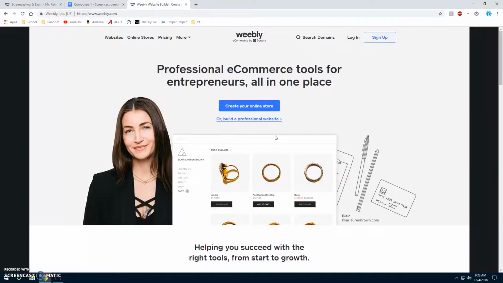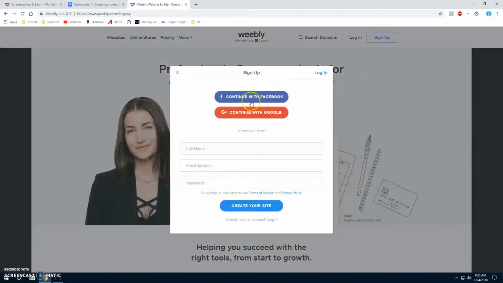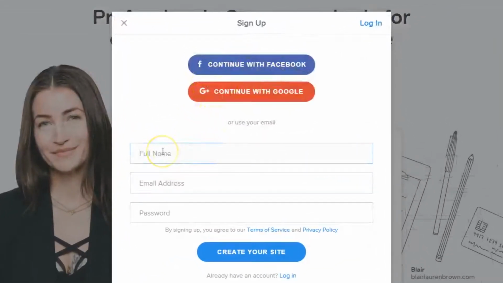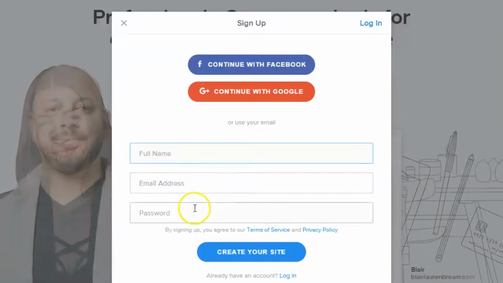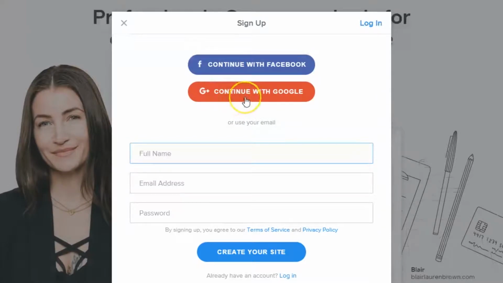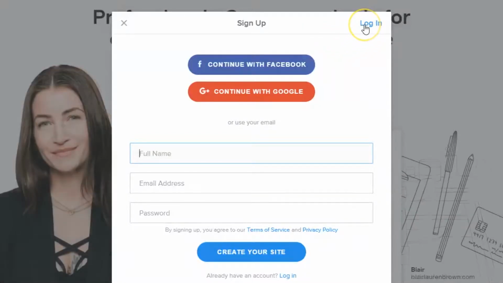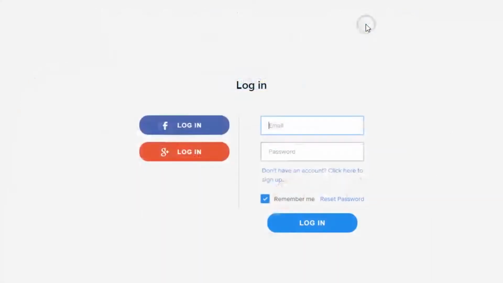So the first thing you want to do to create a website in Weebly is log in or sign up. How you sign up is just go here and put in your name, email address, and password, or you can just continue with Facebook or Google. And you can create a Weebly account. I already have, so I'm just going to log in with Google Plus,